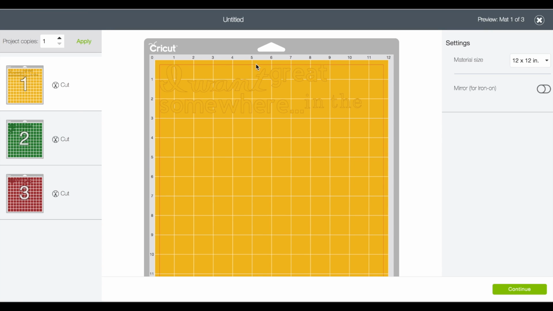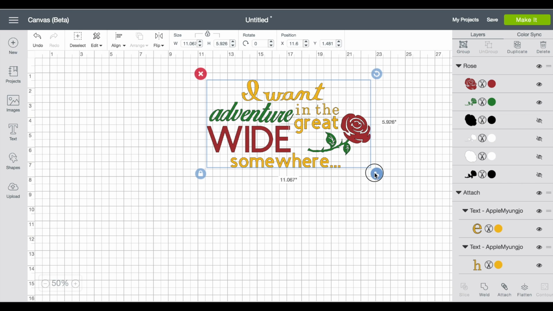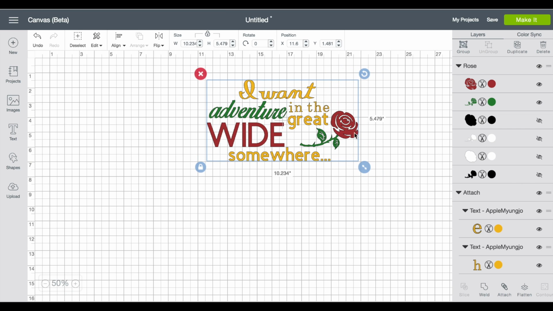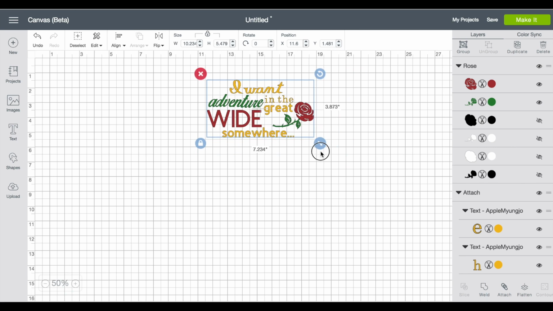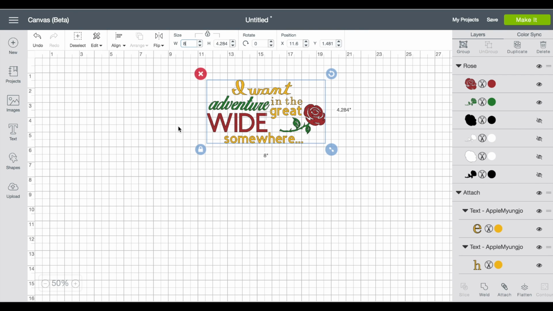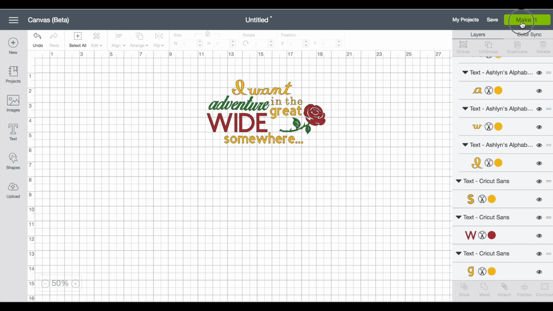But you'll also notice that this is pretty big or small depending on what we're putting this on. So I want to go back and I want to highlight everything and resize it to my project size. So this is going to be a t-shirt, so I want it to be about, right now it's 10 inches wide, and that is just too wide. So for a shirt, I like it to be about 8 inches wide. So I could resize it, or I could type in here and put 8, just to make it actually the actual size if I wanted to. And then we would click make it.